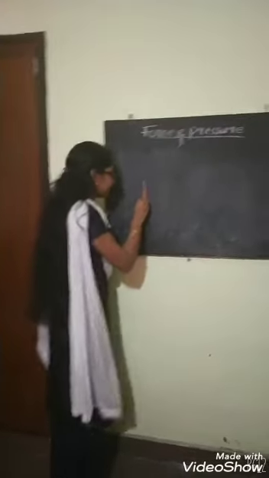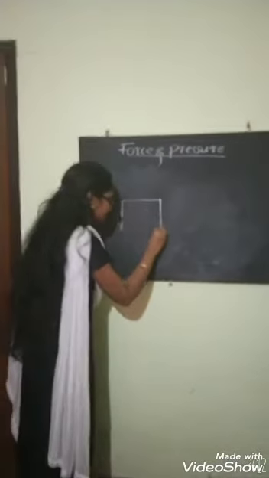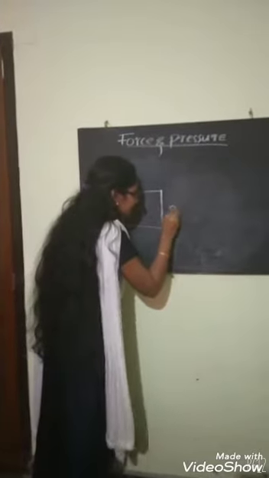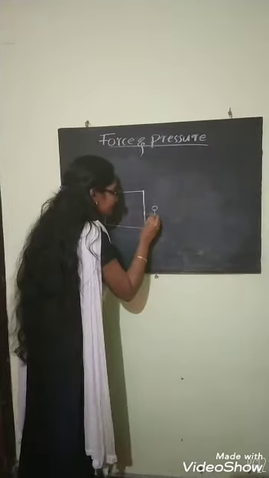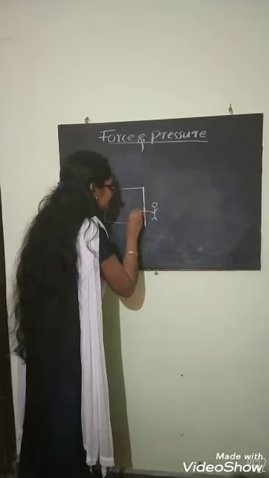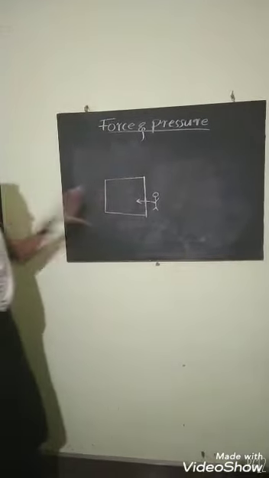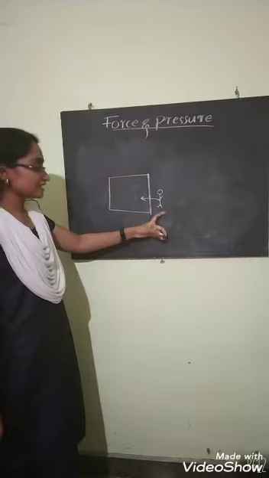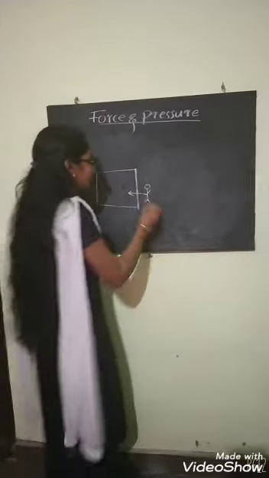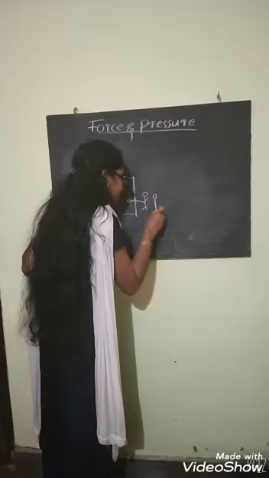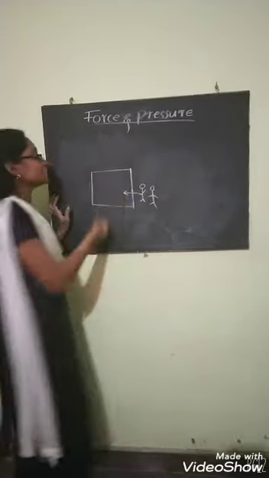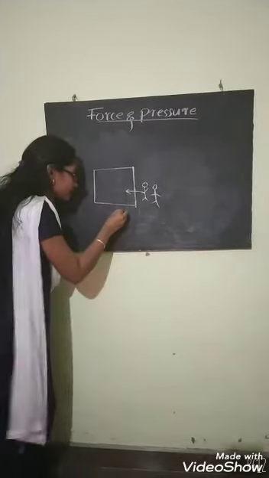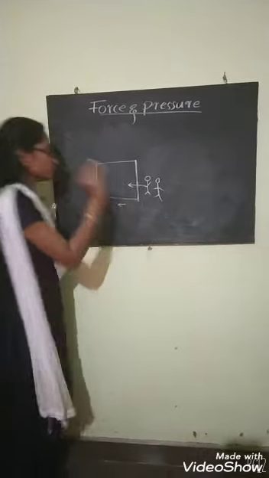Here, I am taking a big block, and a person stands here and tries to push this block. And I told you already, this is a huge box and this person finds it difficult to push. Now he calls another person, and these two of them try to push this. Then what happens? This block slowly starts to move.